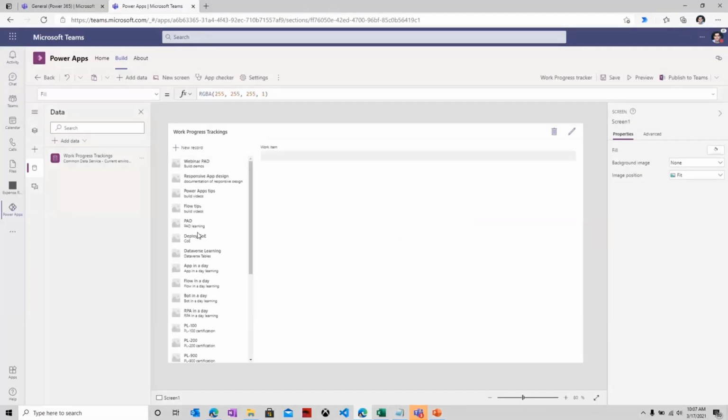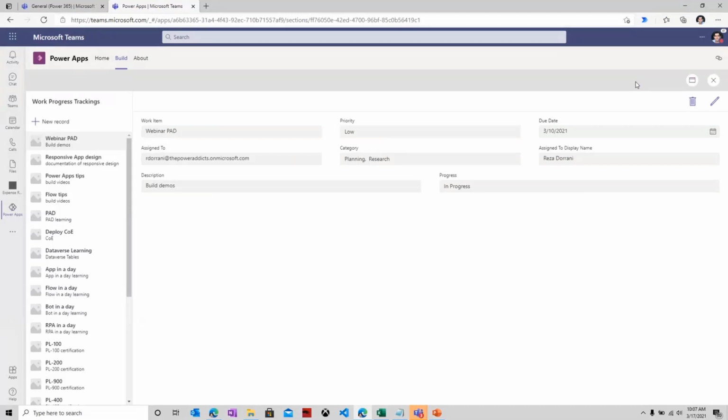And the moment I create my first table in my app, automatically the home screen of my app in Dataverse for Teams, which is basically the hero layout, goes ahead and connects it to that table. And I have a gallery on the left that shows me all the data associated with my table and a form control on the right, wherein I can perform full CRUD operations, create, read, update, delete against that data.